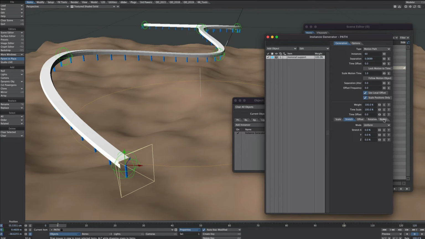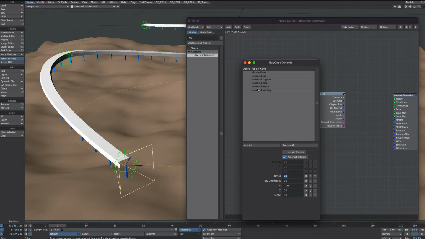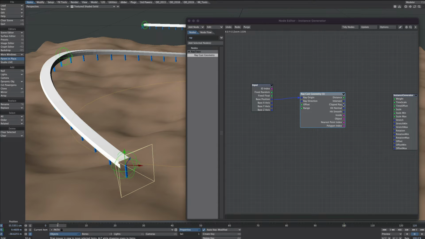Moving over to the node tab, let's use some nodes, and this is thankfully quite a simple setup. We'll go for a raycaster. This one here, raycast geometry. Now we're going to take the base position of each of these instances and we're going to use that as our ray origin. So plug that in there. Double click on this. We'll be projecting to the ground plane, so we'll tick that there. And we're going downwards, which is -y, which it handily defaults to. Now if we take the clipped ray into the stretch,